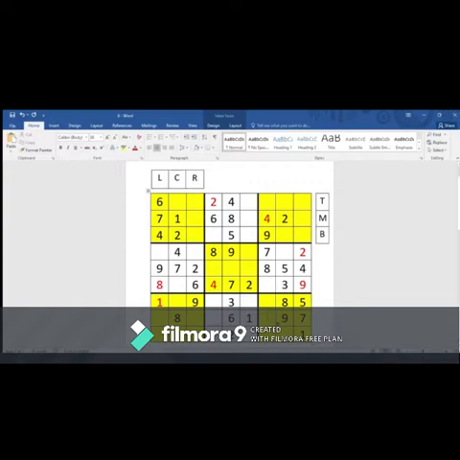Number 8, okay guys, we have one number 8, in this row and in this row. So the only place where 8 can sit is over here or here. Okay, so we make 8 sit over here because 8 is capturing over this row. That is the reason why we make 8 sit over here. Now let's move to 9.